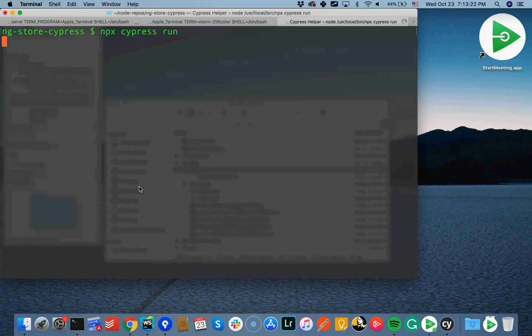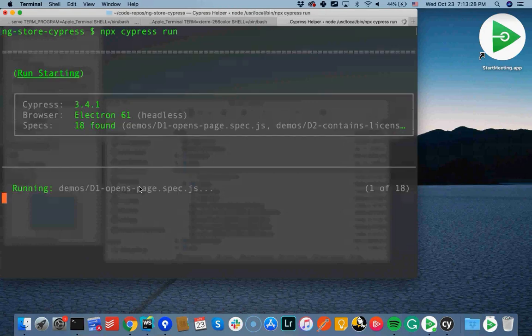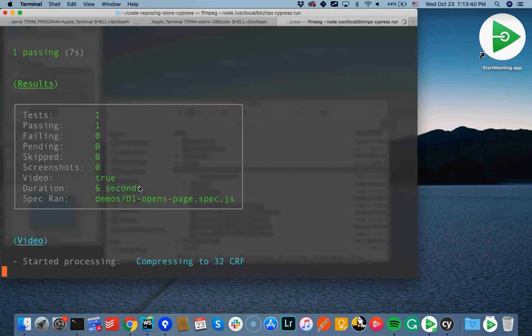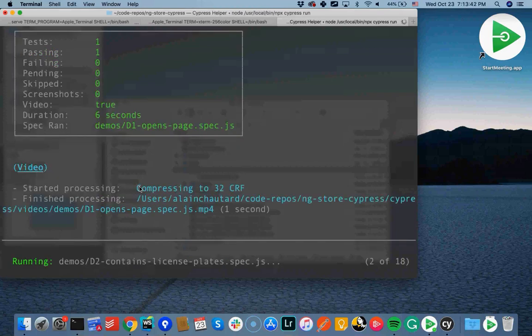So npx cypress open gives you this kind of interactive mode. Cypress run is just going to go through all of the tests in my project and run everything in command line. So we don't see the browser in that mode. It's just going to run everything in the background using Electron headless as a browser.